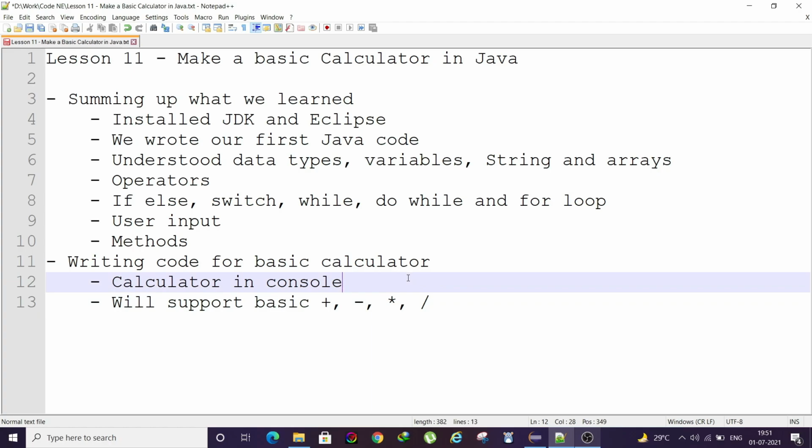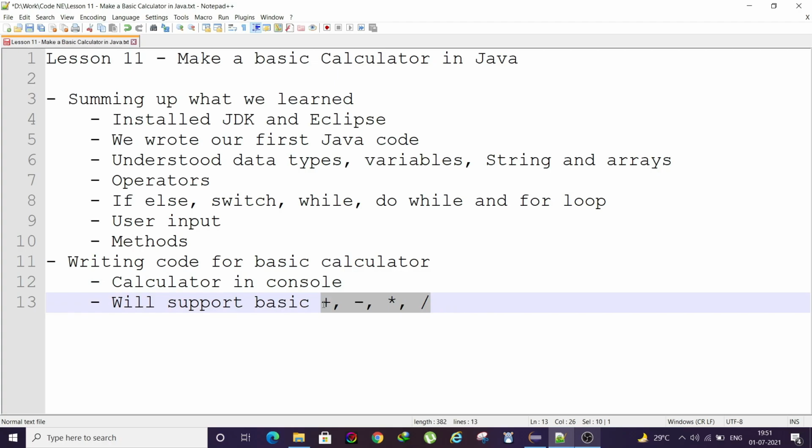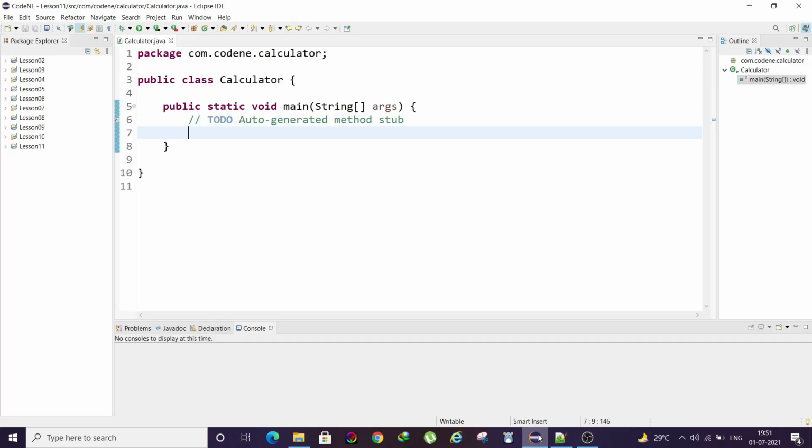So the calculator will run in the console, as I said earlier, and it will support basic functions, like addition, subtraction, multiplication and division. Okay, so let's start with it. I already created a class, named it calculator. As we said, this calculator will take input from the user.